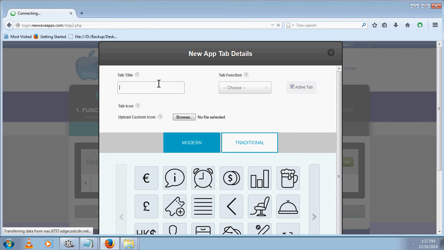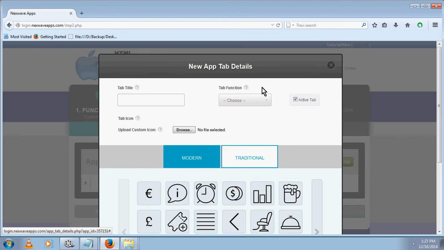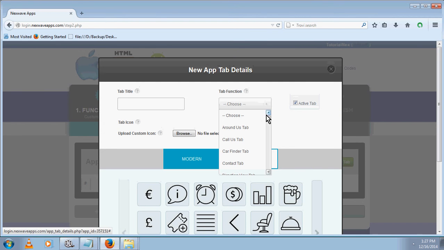In here you give the app a title name. Before you give the app a title name, you need to have an idea of what kind of function this tab is going to have. For example, you have a list of tabs here, which is around us, call us, car finder, contact tab, direction view tab, email form tab, email photo tab, event tab version 2, fan wall tab version 2, food ordering tab, Google Ads tab, GPS Groupon, home tab, image gallery, info tabs, loyalty tabs, mailing tab, membership tab, menu tab, merchandise